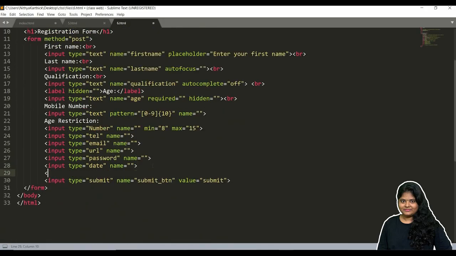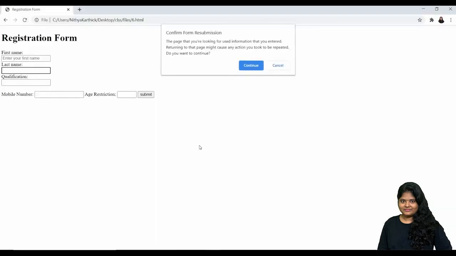And before moving on to see the result, let me show another one for date itself. For date, we can give a value, right? So I'm just giving today's date, 07/19. You can see the difference between this date and this date, right? Save, go, refresh.